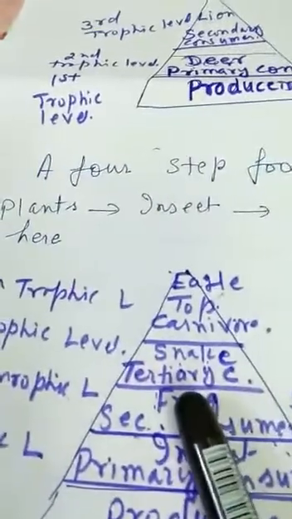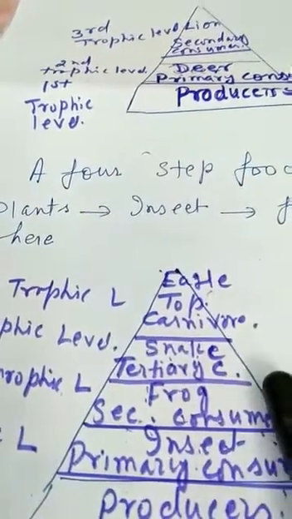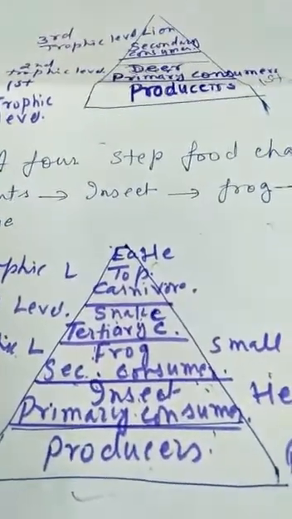Then we come to the snake, which is the tertiary consumer, and forms the fourth trophic level. Then there is a top carnivore, which is the eagle, and it forms the fifth trophic level. So we can see that energy trapped by plants passes to all the above trophic levels. The green plant captures about 1% of the solar energy of sunlight, which passes on when green plants are